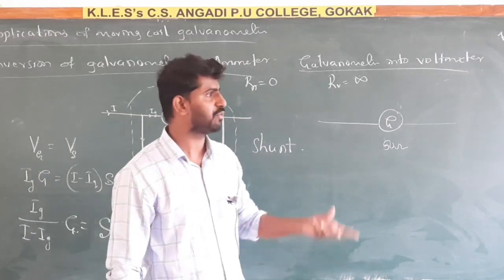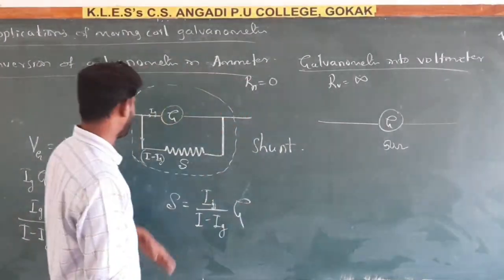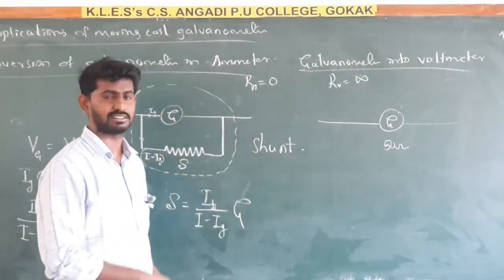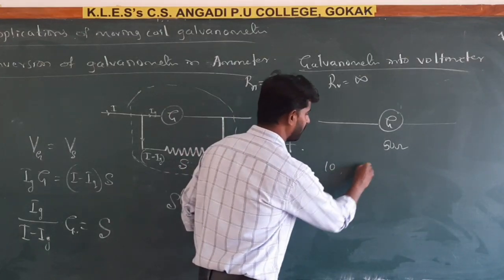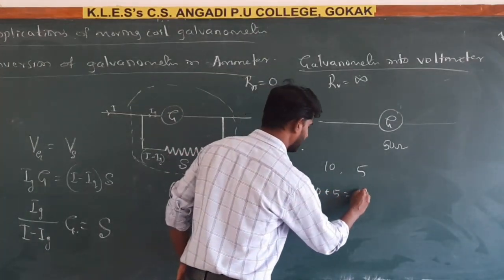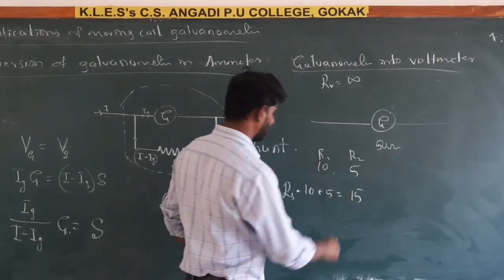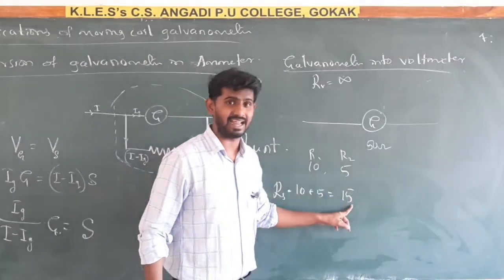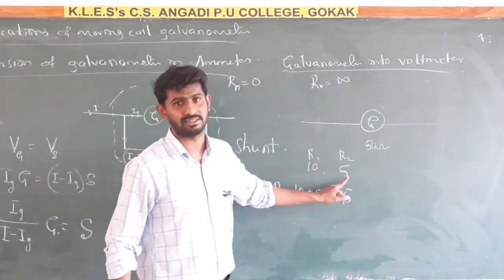And the next question: in which combination should I add it, series or parallel? One concept is clear. If you connect in parallel, the value decreases. If you connect in series, the value increases. For example, there are 10 and 5 ohm resistors. If connected in series, R1 plus R2, this is your 15 ohm, this is RS. This is R1 and R2. And see here, the RS value 15 is greater than the greatest among the given values,